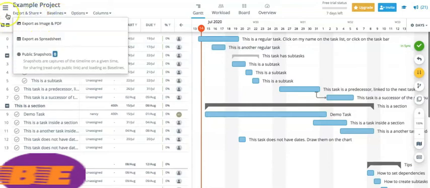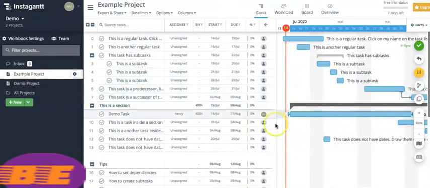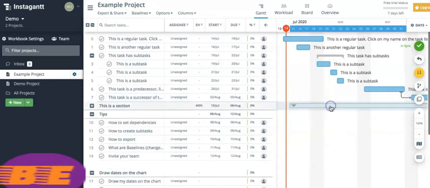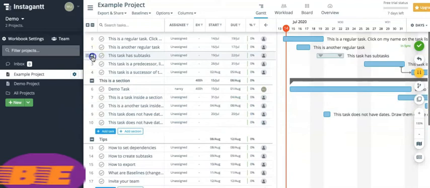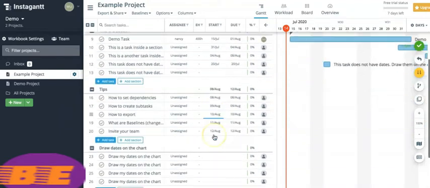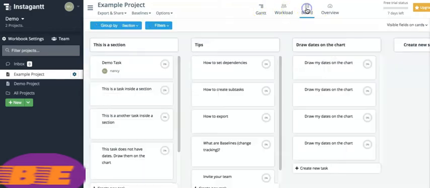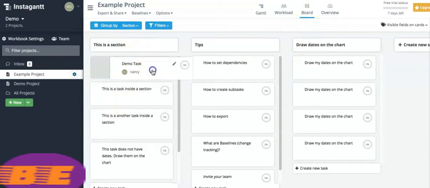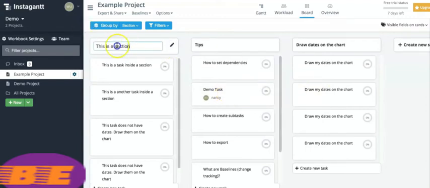You can also export this and share, and then these are some of the sections that are here. So this is the Gantt view, and then you can also have the board view, and you can move tasks around and update these areas so that this is